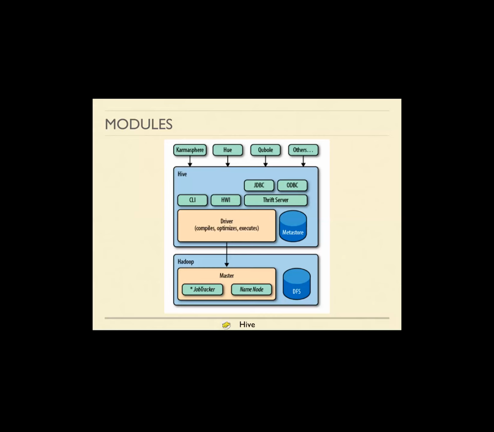So the Hive web server runs on port 10,000, and your login and password are valid there. You can connect to this server and start visualizing the table that you created, the u underscore data that you created. All right, is the architecture clear to you? There is Hadoop, there is the driver, there is the Metastore, and there is a web server.